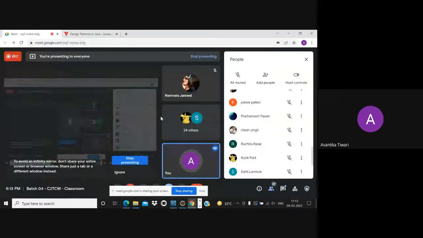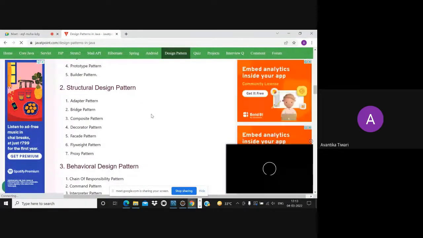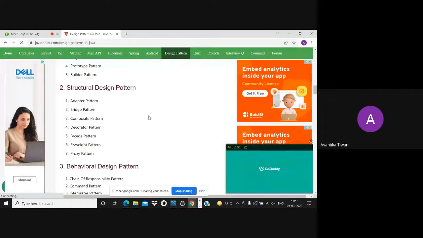What do you understand by programming pattern? Can anybody tell me what do you understand by programming pattern? Okay. So programming pattern is basically the methodology that you are using for doing programming.